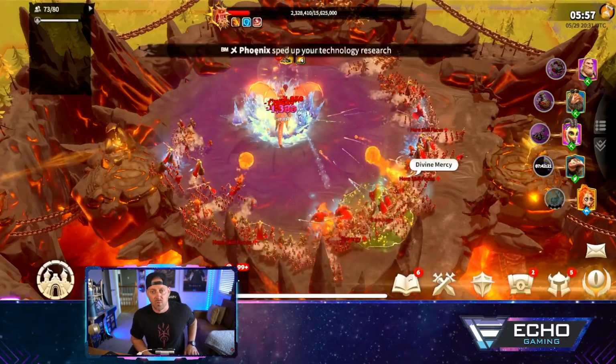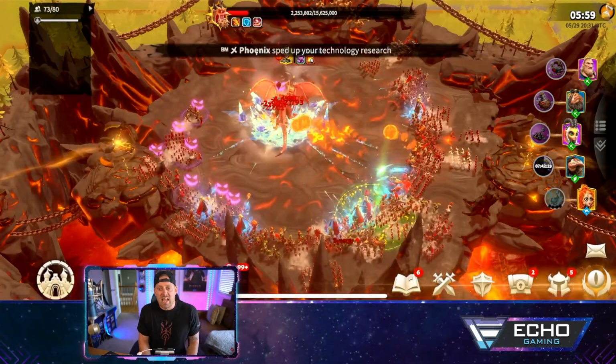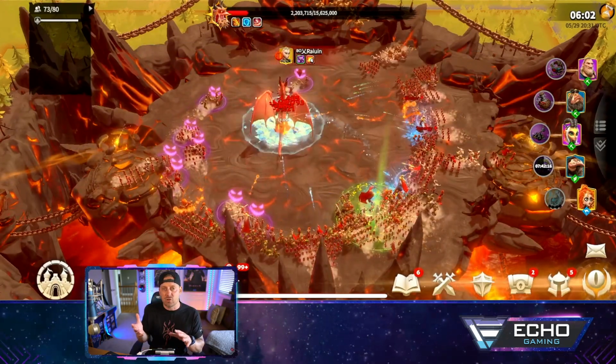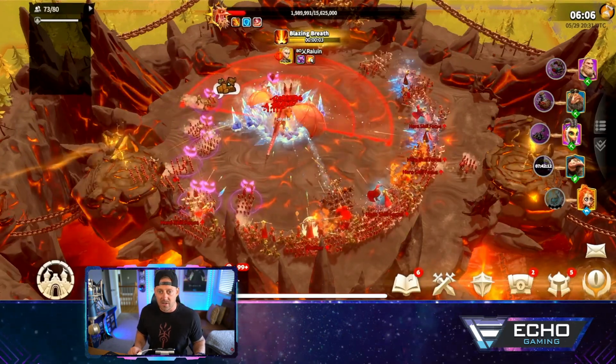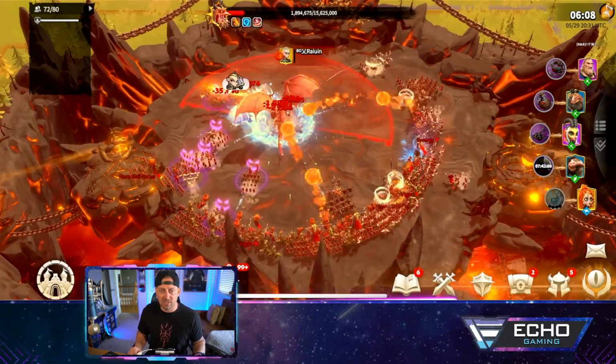You want to get things done before the timer, or else you're going to have more acolytes that are dropped by the dragon, and you're going to have to take them down as well before the dragon goes down. Another one of those wave attacks, as I was mentioning,